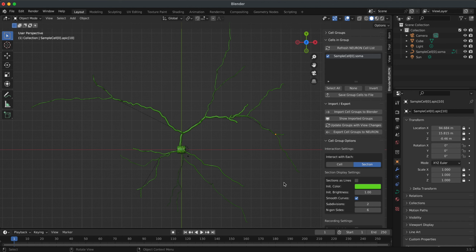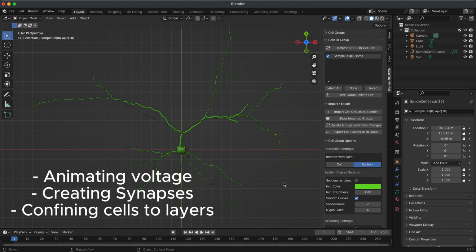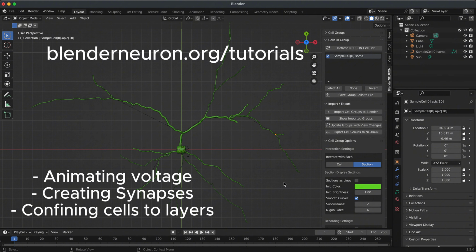So that's all for this tutorial. In future tutorials, I will be going over other BlenderNeuron functions like animating activity, creating synapses, confining cells to layers, and those tutorials will be posted on